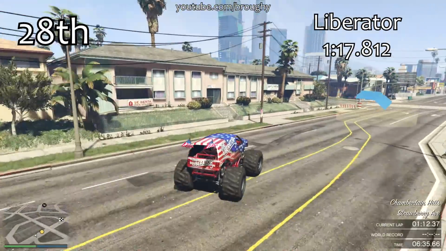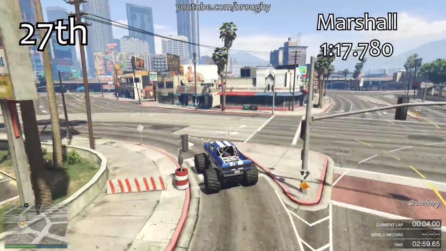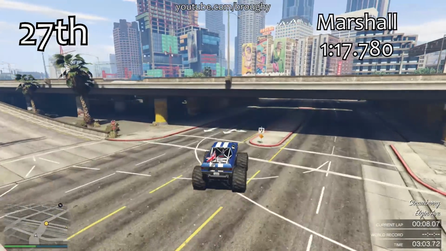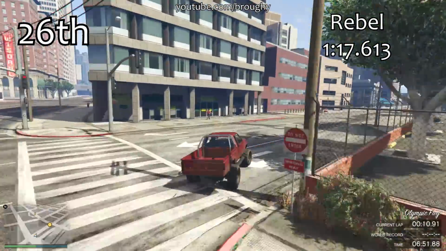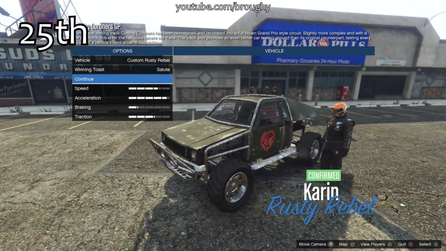The beauty of testing everything on the same track is that you can compare vehicles in different classes. For example, we can compare the Pariah, which is in the sports class, to the supercars, and we can also do the same with the off-road vehicles. If I was to test them on a completely different track in completely different scenarios, it would be impossible to, say for example, see the Rusty Rebel and compare that with the similar lap time vehicles in